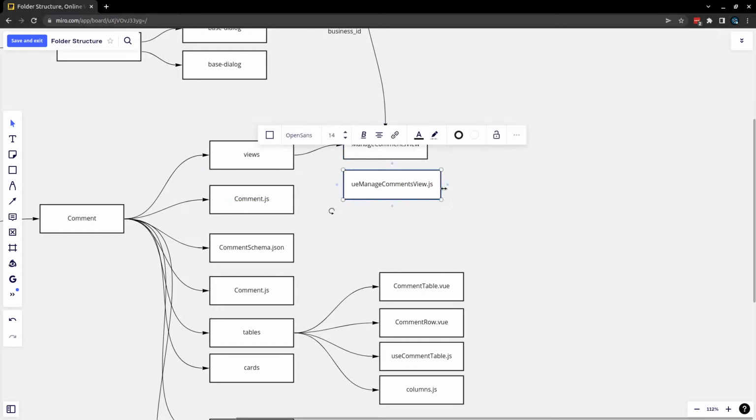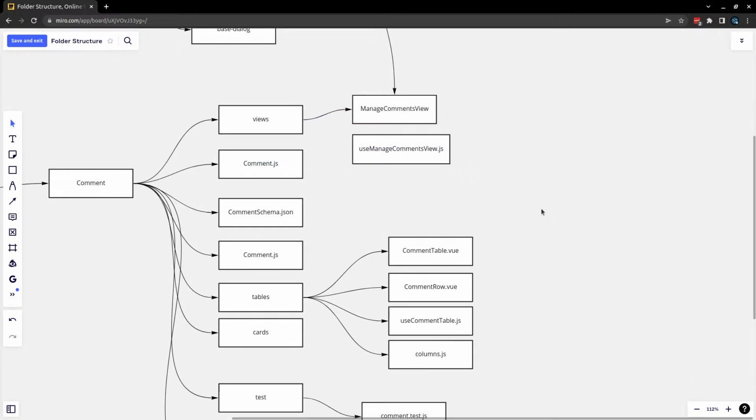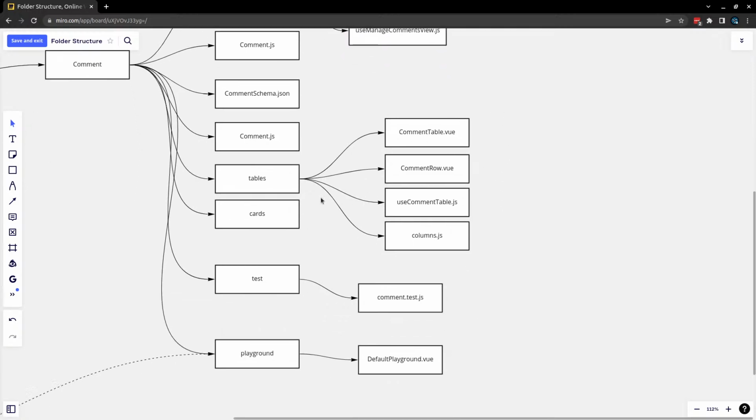So it's really easy now to separate all of your concerns here. It's really easy to add all of your logic in the right place when you do it this way, because if I need some logic for something that's related to this view, it's blatantly obvious that you just stick it right there inside of this folder. I need to do logic for my tables and I want to pull apart my logic for my tables. It's blatantly obvious where that